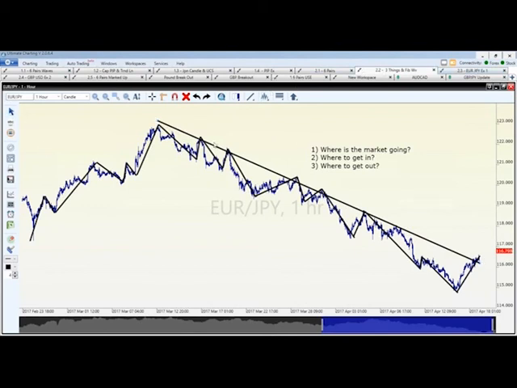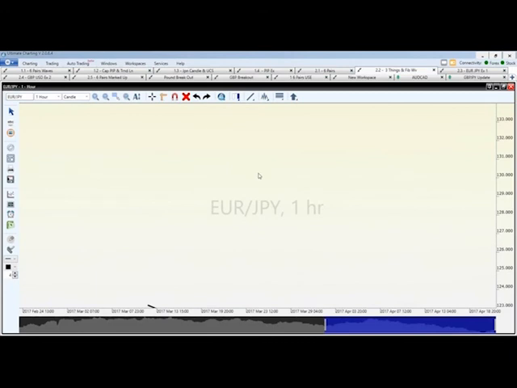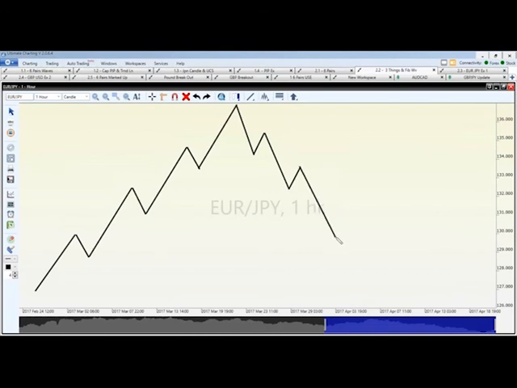What I'm going to do is move my screen way down. Hopefully I won't completely mess everybody up. I'm now going to be answering the questions where to get in and where to get out. As I talked about, the market does have a tendency to follow this wave pattern. Market goes up, takes a breather, goes up, takes a breather, goes up, and then it reverses and goes down. So it's got a lower high, lower lows, lower high, lower lows, and lower high.